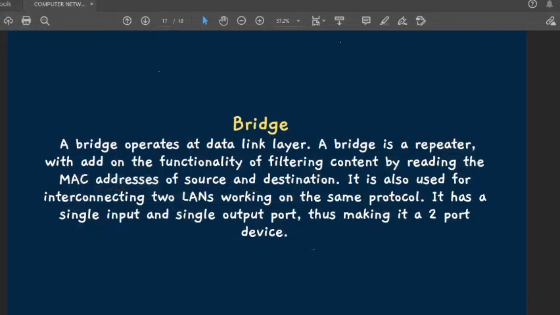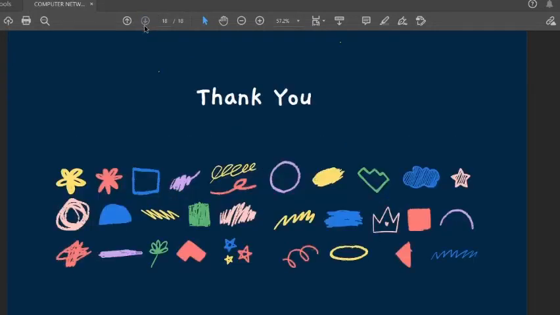So by this we come to the end of the video. I hope guys you liked it. And I know these videos are a little bit time-consuming, but if you understand these little concepts now, then there will be no problem in the further videos. So that's why I'm taking the time.